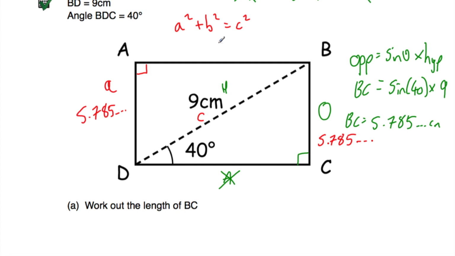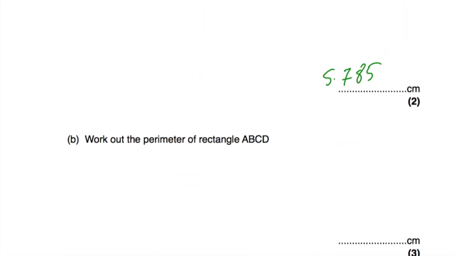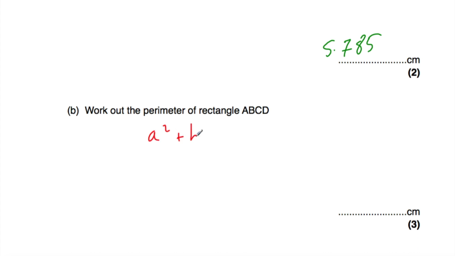And then let's let this side here be equal to B. So that means if we substitute those into Pythagoras' theorem, let's do that down here. A squared plus B squared equals C squared. A squared, so that's going to be